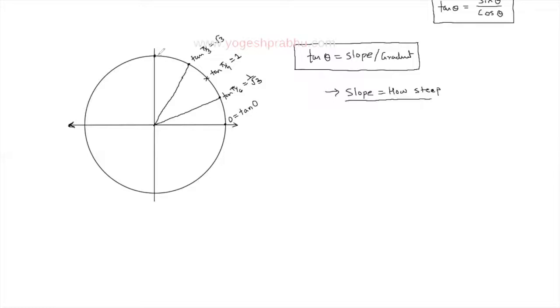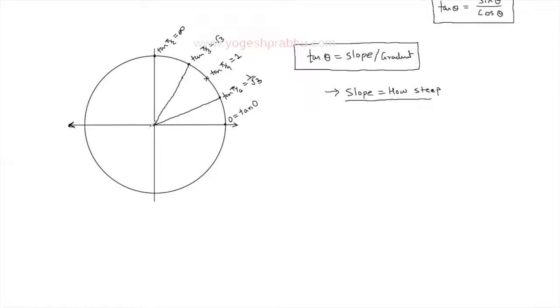And the slope of pi by 2, this 90-degree angle, is tan of pi by 2, and this vertical line has got slope infinity. So that slope is going from 0 to infinity. You can just remember the horizontal line has got slope 0. This 30-degree line has got slope 1 by root 3. 45 degrees will have slope 1, and 60 degrees will have slope root 3. I've written in radians though. Then pi by 2 will have slope infinity. It's just very convenient if you can remember tan theta in terms of the slope of an angle,